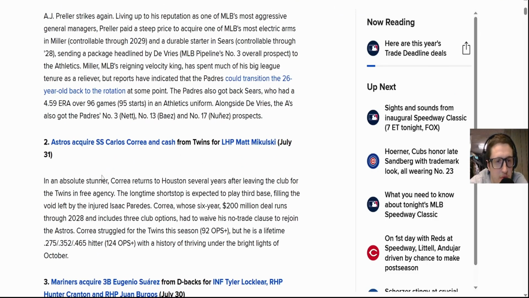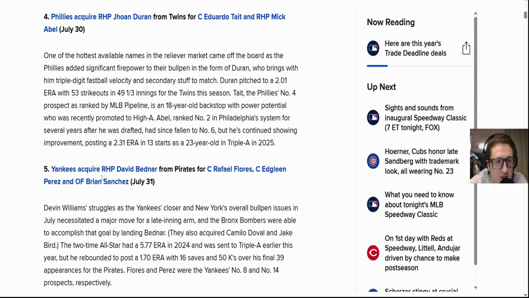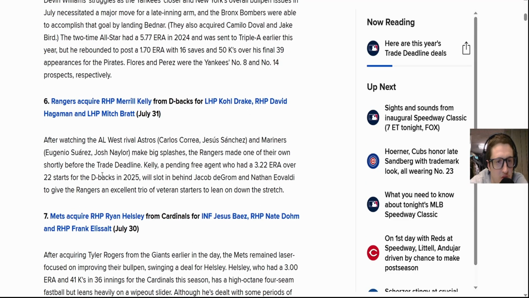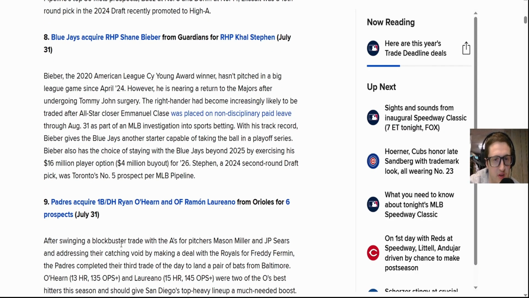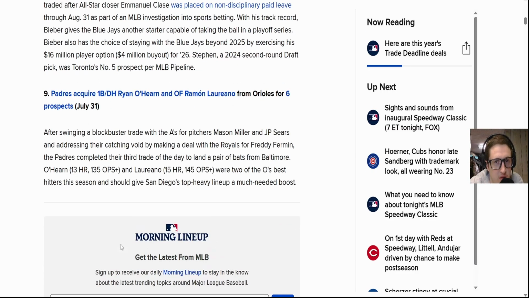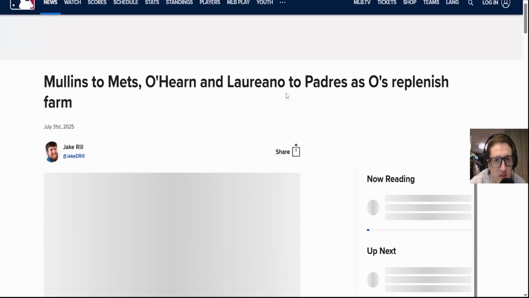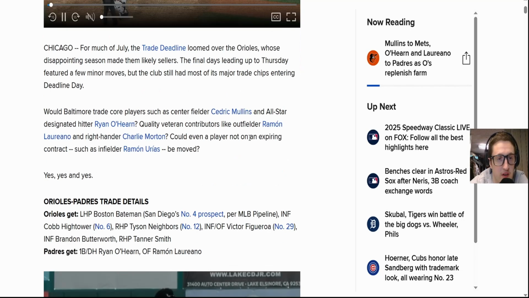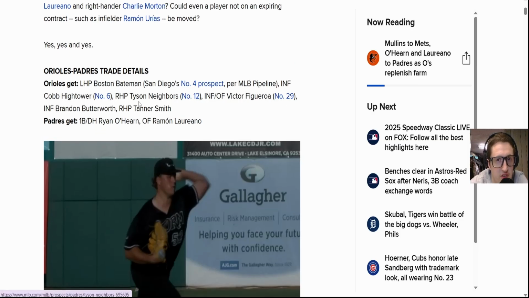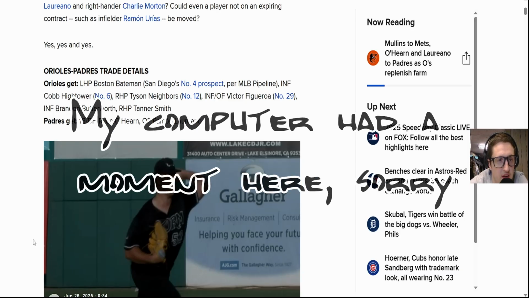Let's check out the prospects they got. Let's see, is there any on here that are big? The Padres traded for these guys. Oh, yeah, the Padres traded 6 prospects. I need to see what prospects they are. And they also got prospects from the Mets too, by the way, because the Mets traded for Cedric Mullins. So they got, let's see, a 6th prospect, 12th prospect, 29th prospect from the Padres, and they got a